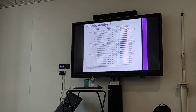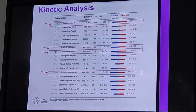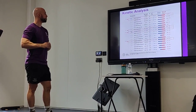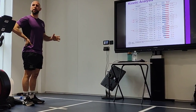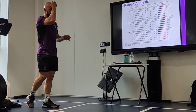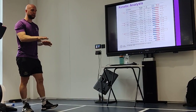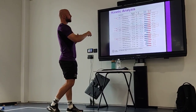So this is everything to do with forces, basically. And we're lucky that we can actually get this from the biomechanists, Yankai and Brian, people like that, who are much more adept at these things than us. But I'm just going to pick out a few variables that I'm noticing. On this slide we could really go into detail, but I'm just going to pick out a few related to that right foot, that right ankle, because we're seeing some slight